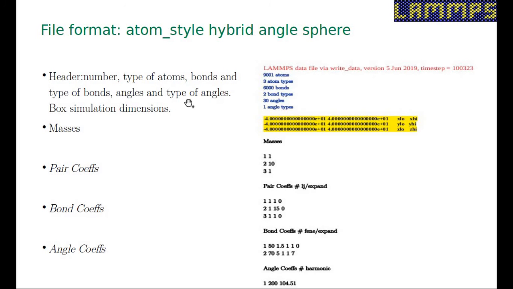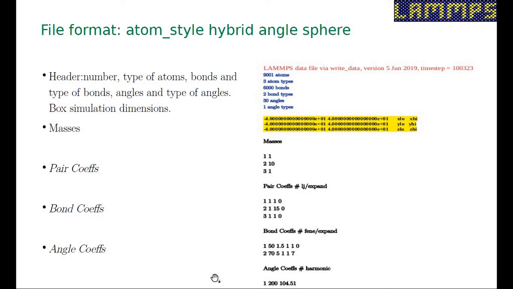So this is very similar to the atom style angle, I mean. So we also have to specify the box simulation dimensions, followed by the mass or the masses of the particles, followed by the non-bonded pair coefficients, the bond coefficients,